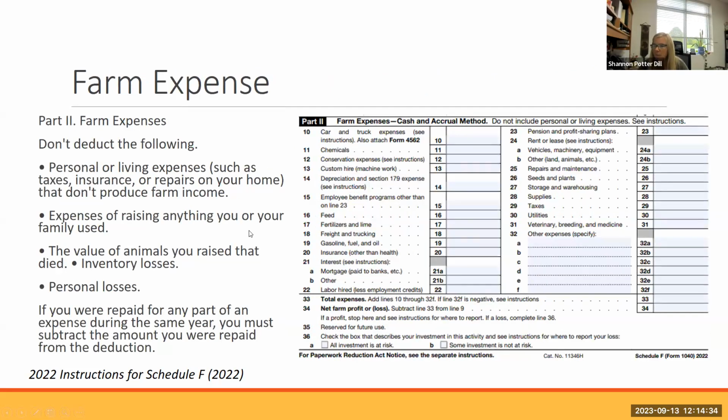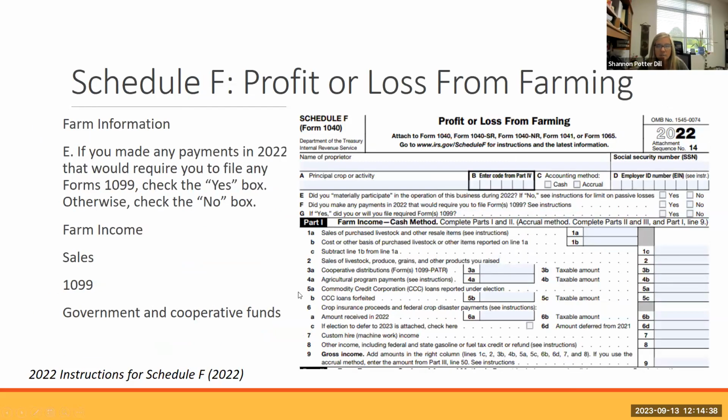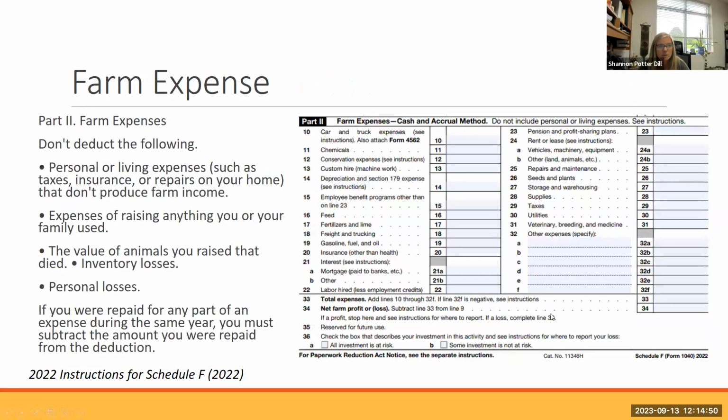We'll move into farm expense, and if you do have questions or comments, hopefully we can definitely have a conversation at this point, or at the end of the session, we'll open it up for questions. But I'll move forward at this point to farm expenses. This is part 2 on your Schedule F. You have lines 10 through 36 to go through the different types of farm expenses.